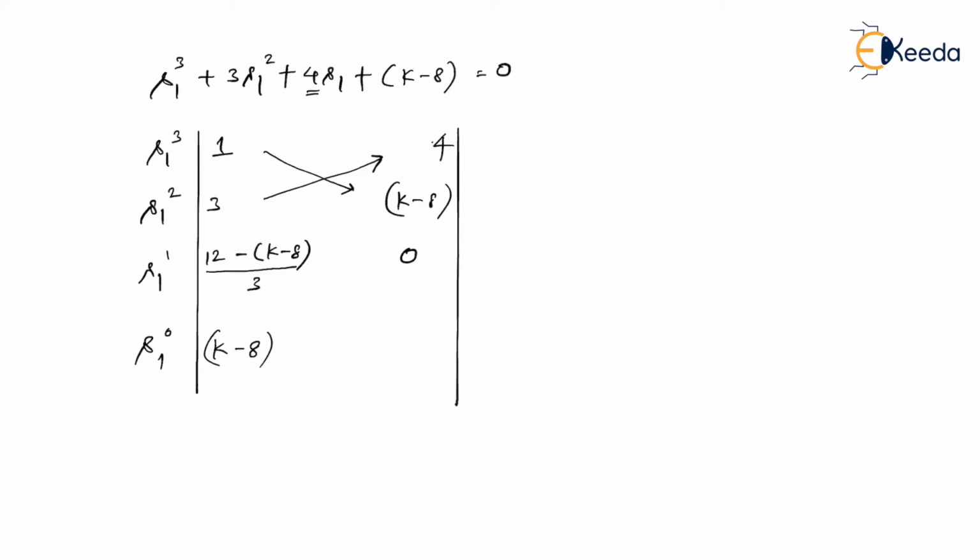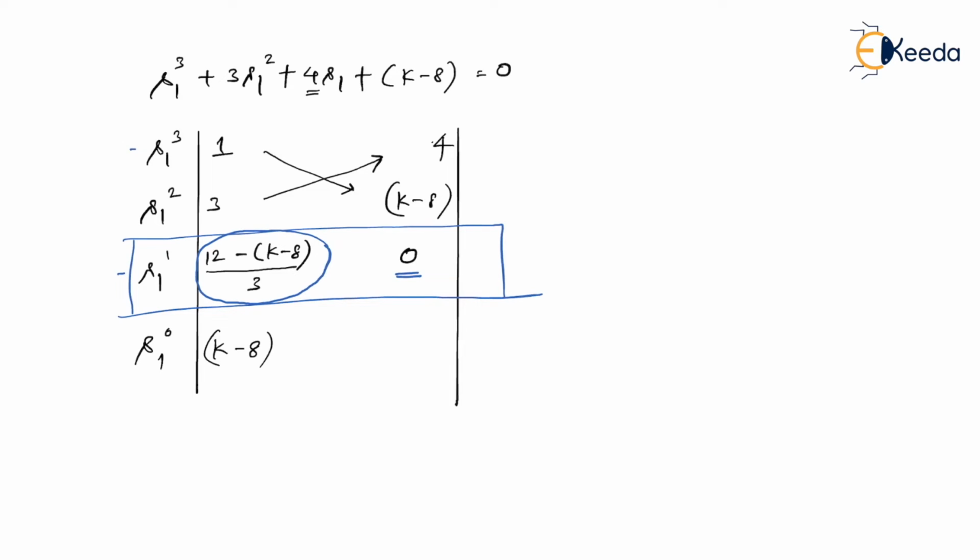What I'm going to do over here, I'm going to apply special case 2. So you know that special case 2 means there should be an all 0 row, and this condition must occur at the odd power. So here the odd power is either s1 cube or s1 to the power 1. It is not possible to have an all 0 row at s1 cube, but it is possible to have an all 0 row at s1 to the power 1, because 0 is already there and here k is variable. So I can adjust my k in such a way that I can have the first element also 0. So I'll get an all 0 row over here. So what I'm actually going to impose is special case 2.